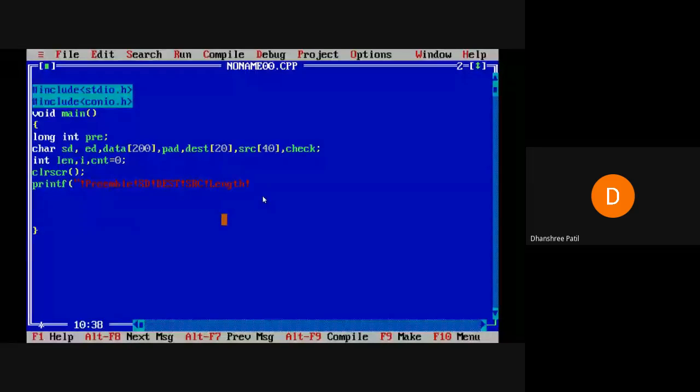After the length, next is the data field, then pad bits, and last one is the checksum. Okay, this symbol I have used as a separator for every field.